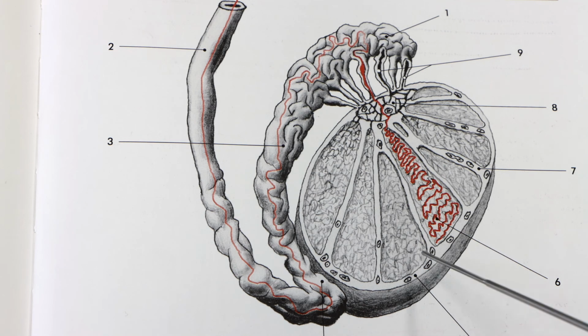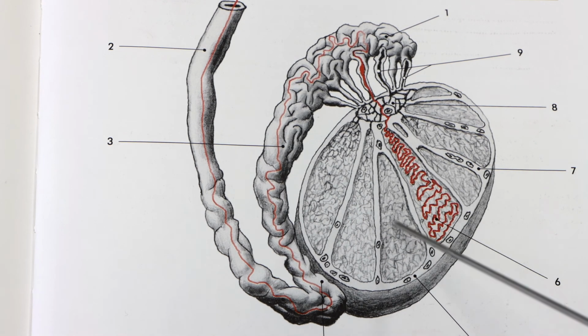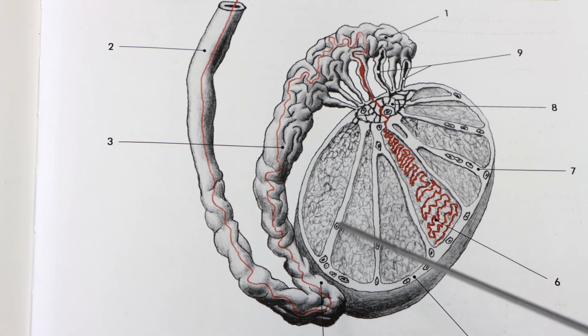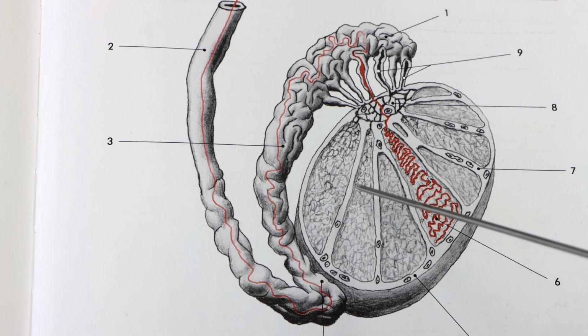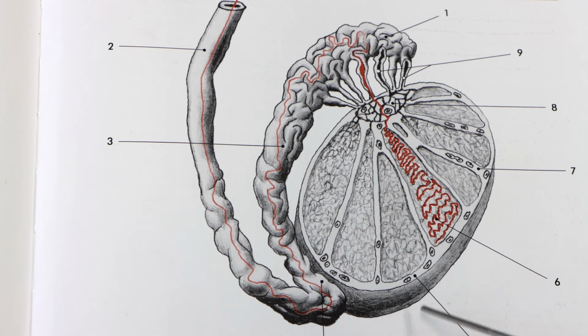If you go inside the testis, you see structures called lobules of the testis. The lobules are separated by structures called septula or septuli of the testis, which separate each lobule. There are approximately 200 to 300 lobules, and the bases of these lobules are toward the surface,